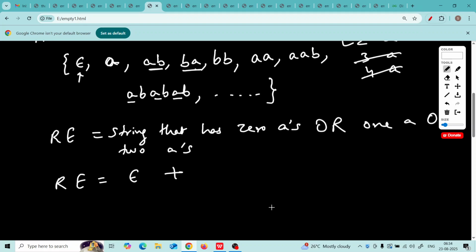Now think of all strings that have only 1 A, single A. How will you write that? You should write B star, A, B star. That means A must be there only once, but there can be any number of B's before or any number of B's after. Or think of 2 A's.